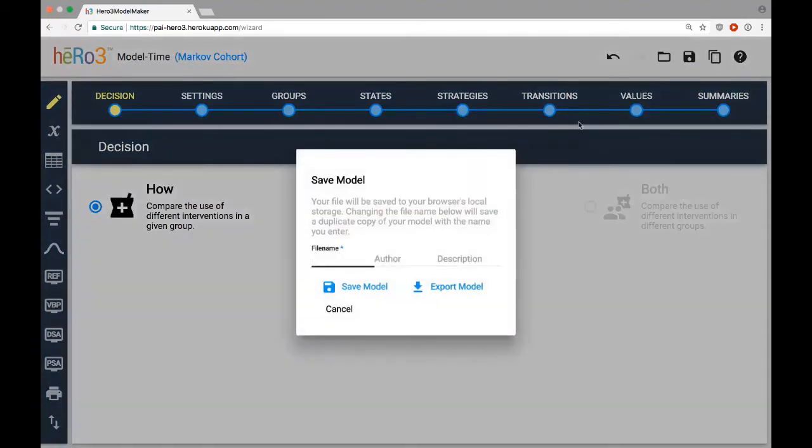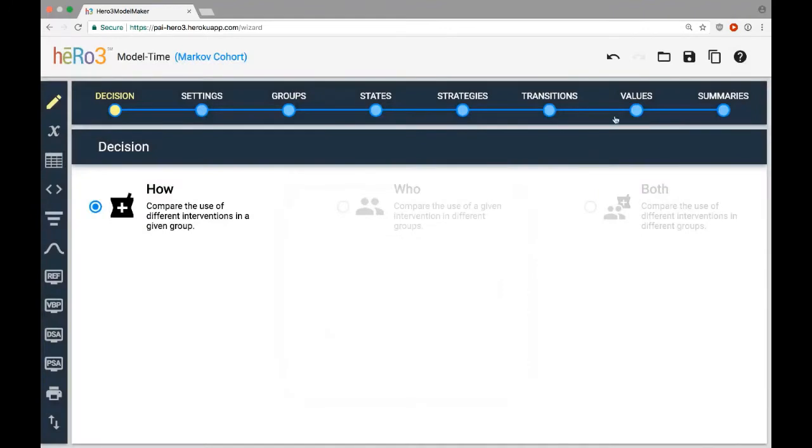If you click that, and you enter a new file name and author and description for the model, you can hit export here, and what that will do is simply download a file that represents your model, which you can then load back into the platform. And so that will ensure that the model is stored somewhere permanently on your hard disk, and you will know where to find it.